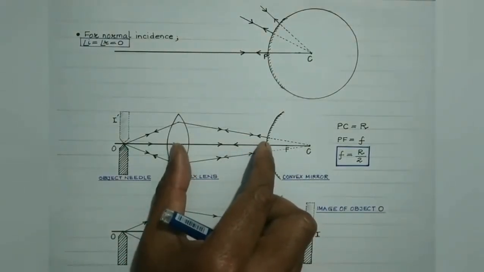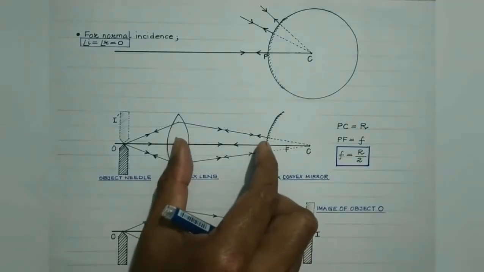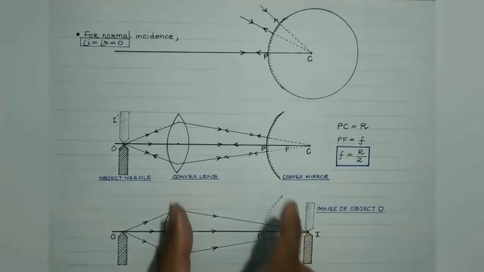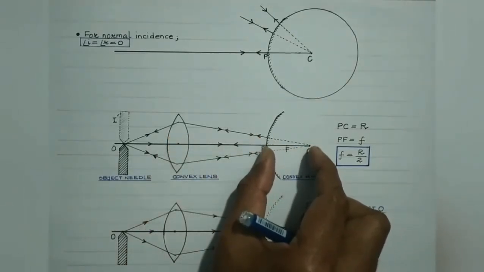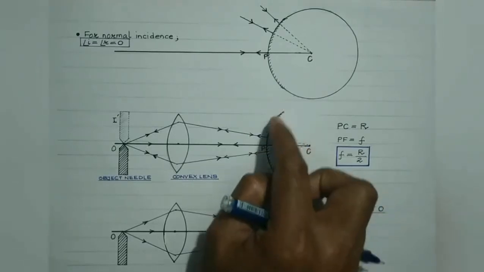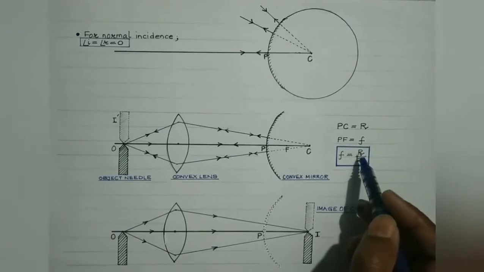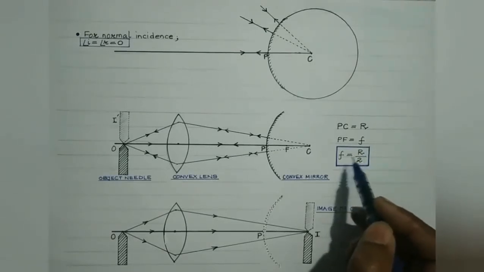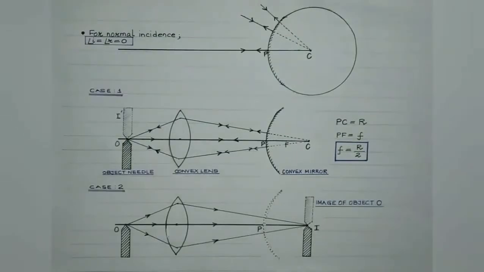The distance between the convex lens and this image needle I can be easily found, isn't it? And in the earlier case, the distance between the convex lens and the convex mirror can also be noted down. So this distance is known to us and this distance is known to us. When this distance is subtracted from this distance, it will give us the value of PC, which is the radius of curvature of this convex mirror. And as stated earlier, when this radius of curvature is divided by 2, it will give us the focal length of this convex mirror. Let us now try to understand the procedure to locate the center of curvature of the convex mirror through this video.